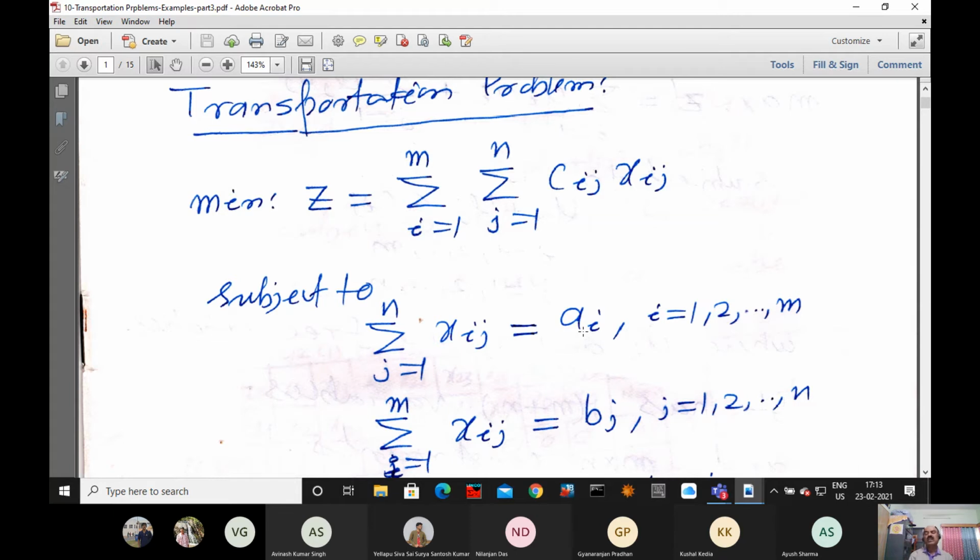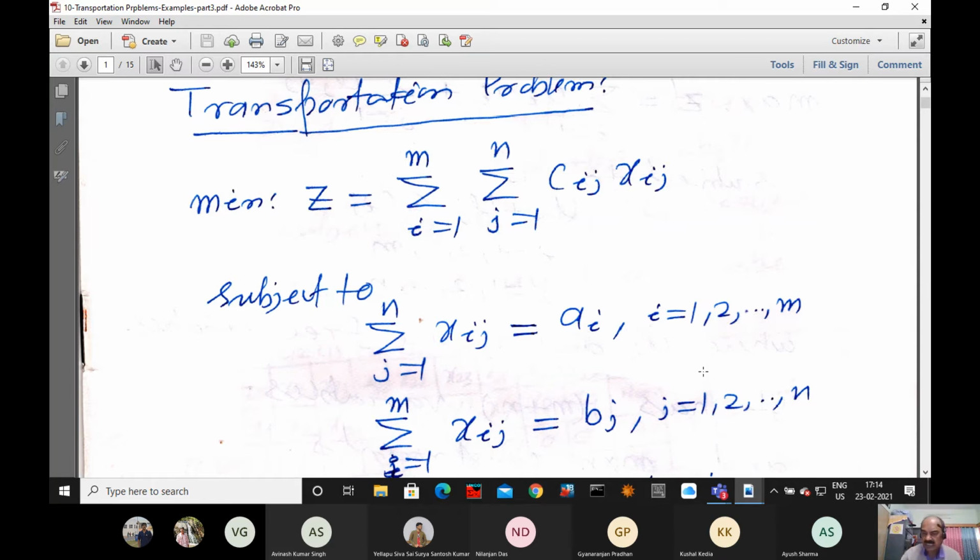For example, you need some sugar. Whatever is available, if it is more than the demand, then you can fulfill. And if your availability is less than the demand, then certainly you cannot fulfill. Such problems are infeasible. But the problem you are solving here is balanced, meaning the total availability and the total demand are equal. So we are making it balanced and solving.